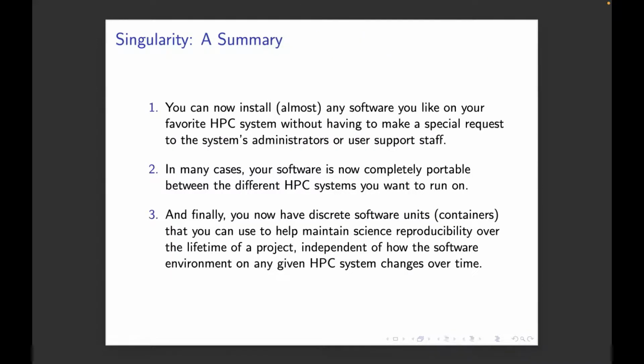Yeah, so this is almost the end. Again, this is just the high-level summary of what Singularity is and why it's useful, right? It gives you the option to take your software and your customized software environment to any HPC system you're working on, with the caveats that have been mentioned about certain specialized hardware and networks. If you're just running something fairly straightforward on a single node, you don't need anything for the network, you don't need a GPU, you could probably run your code anywhere